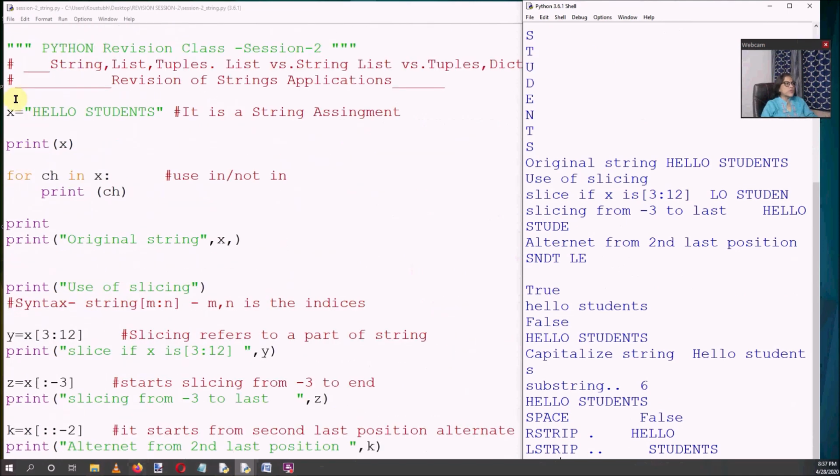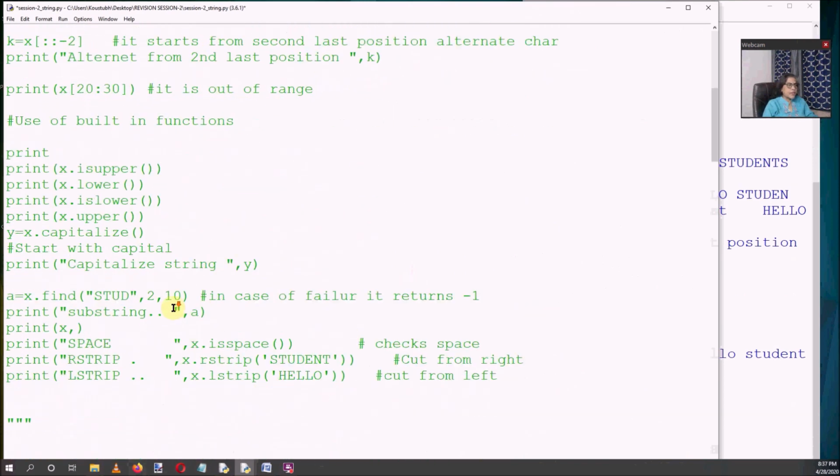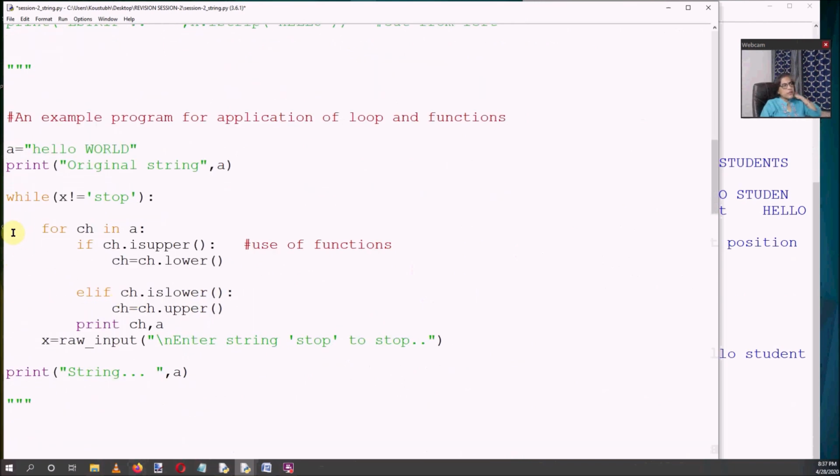Now I will show you an example, an application program of these library functions with a loop statement. Now see here, if I want to check isupper and islower, how it works within the program. Now suppose my string is hello world. Observe the string, some part is uppercase, some part is lowercase. Now we will check within the program what it is doing. Now it will print the original string here.